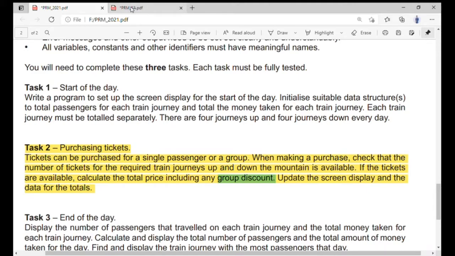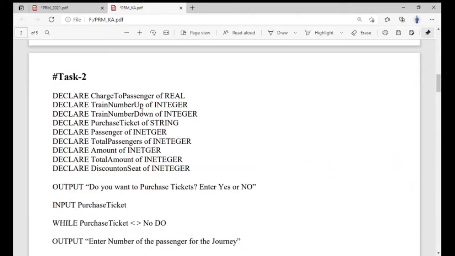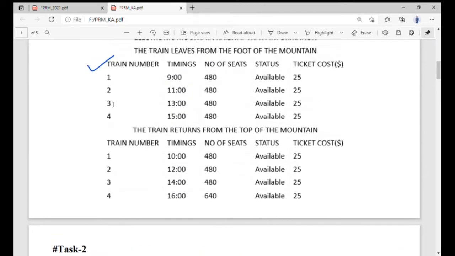As I already mentioned in the Task 1 video, I will declare the variables according to the task and what we require to solve it. Before we go further, have a look at the table we already created in Task 1.